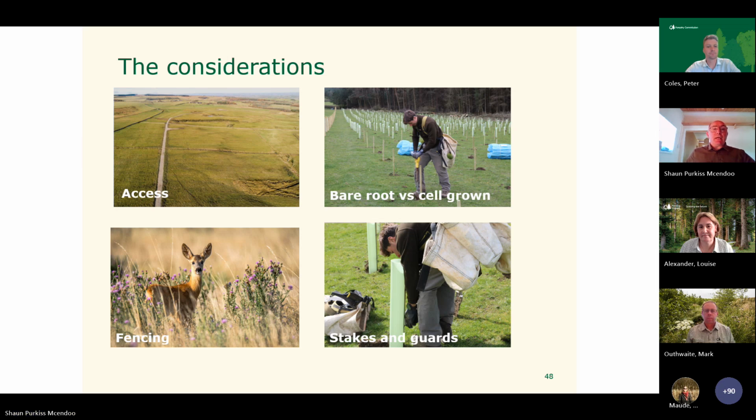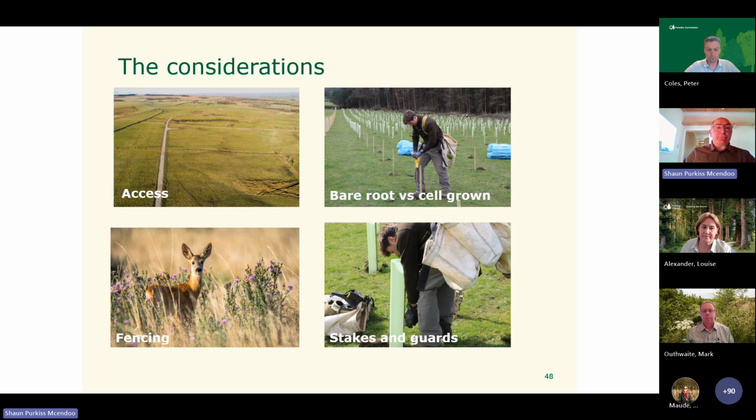Right, bare root versus cell grown. Okay, the bare root season is getting shorter and shorter. The lifting and the grading of the trees, I'm finding that most of the nurseries are struggling to get trees to people until December now. There's no frost in the autumn to make the trees go dormant, so that is a little bit of a problem going forward. So we tend to start the season on beat up with some cell grown and finish the season on cell grown again. But sometimes, if you're planting with a lot of guards, cell grown go easier into guards than some bare root. You've just got to pick the size that you're going to go with that will fit into the guards that you're going to use.